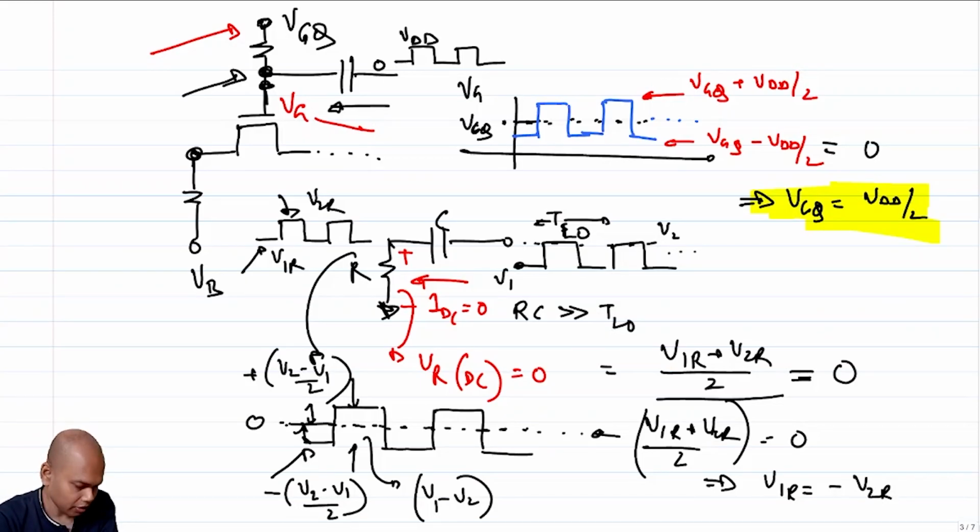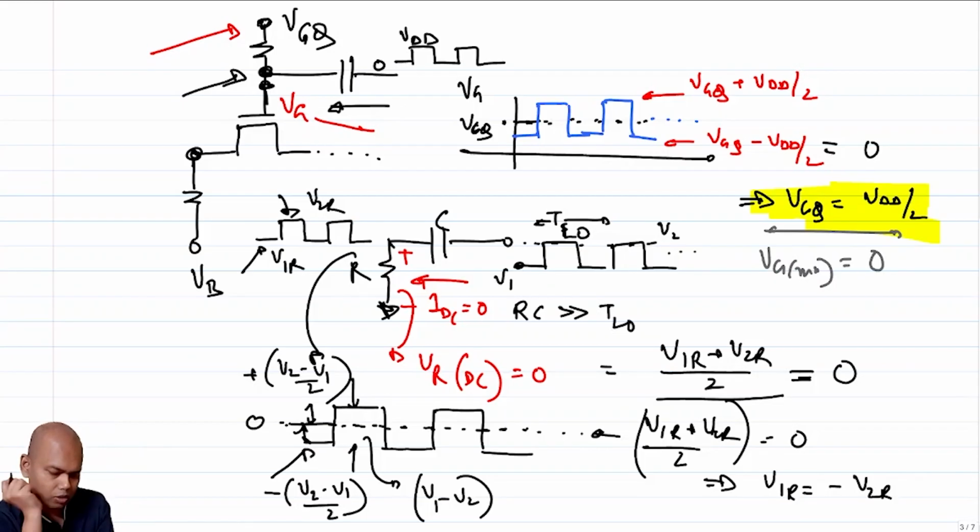Apologies for the back and forth. If this is VGQ, then your VG min in itself is 0, right? That is not what we want. We wanted to ensure that your VG min is higher than 0. Otherwise, you are not optimizing it for the